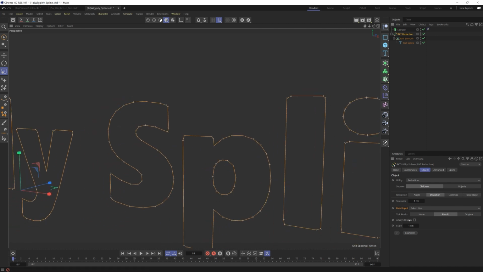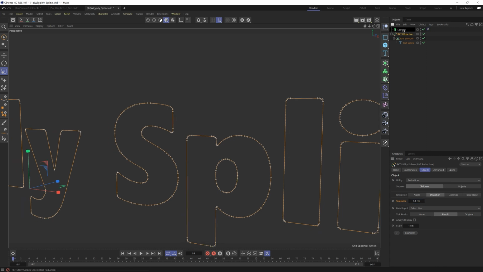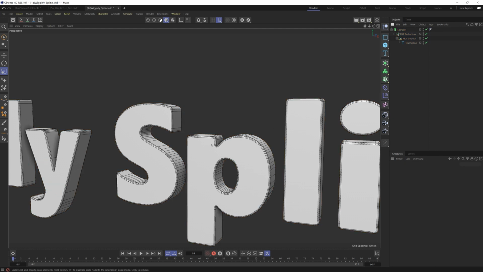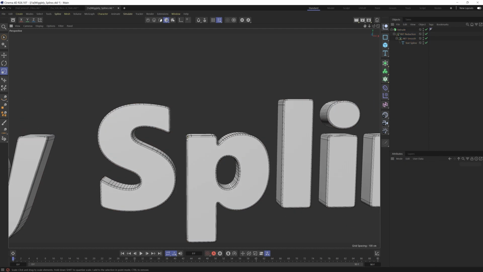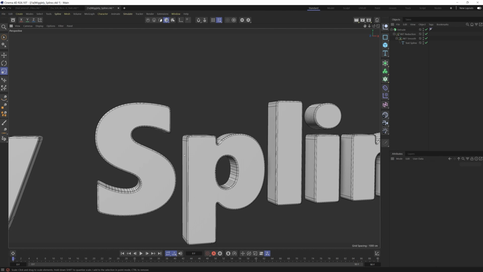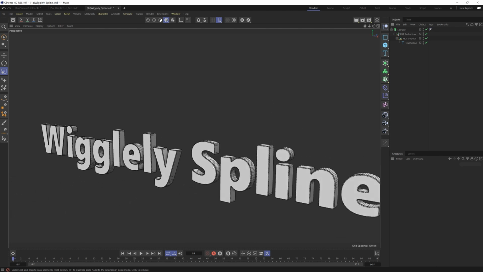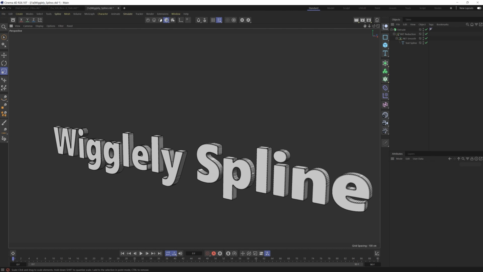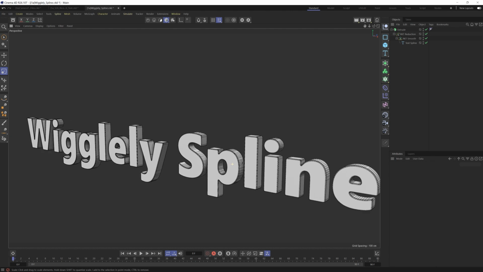But we can change this again by changing our tolerance. If I say, hey, I want to keep everything if it deviates any more than 0.1, you can see that we've brought back lots of the curvature on these rounded areas, but these flat areas got rid of all of those extra redundant points. So feeding that into the extrude, you can now see we got the best of both worlds, where you get that nice, clean, rounded edge, but the straight areas did not require any additional points, and we've got a nice rounded spline. So very pleased with that. It's a good combination